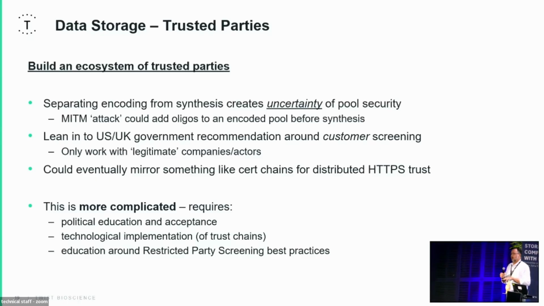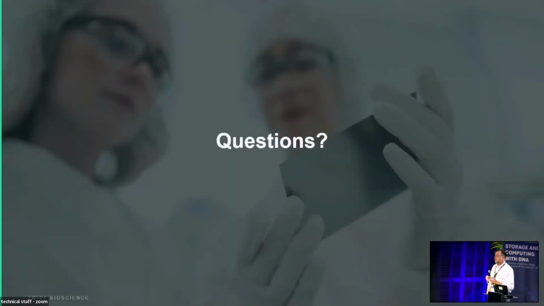So I think those three models form a solid basis for engaging with governments. And I would certainly recommend that you all, as Sophie said, start having those conversations, because I do know that, at least in the US, there are starting to be some discussions at quite high levels about DNA data storage, and whether they should think of it in line with all the other risks that come with biological uses of DNA. My hope is that those two things are not lumped together, because the costs associated with screening are just so high compared to the eventual margins for data storage. So with that, I will leave it there and take your questions. Thank you.